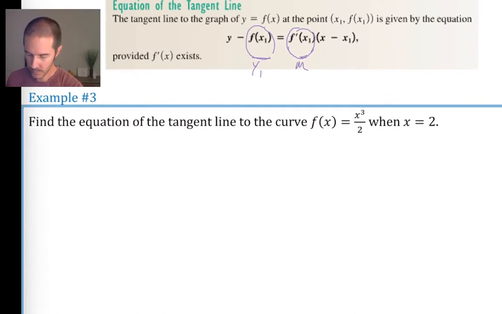The first thing we need to do is determine the slope of the tangent line, and in order to determine the slope of the tangent line at a particular x value, we're going to need a function that will generate slopes of tangent lines, and that function is called the first derivative. So let's find the first derivative. F prime of x equals the limit as h approaches 0 of